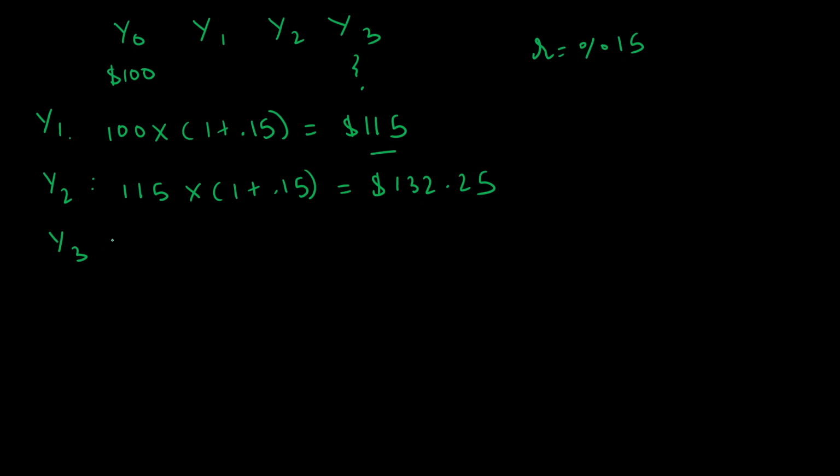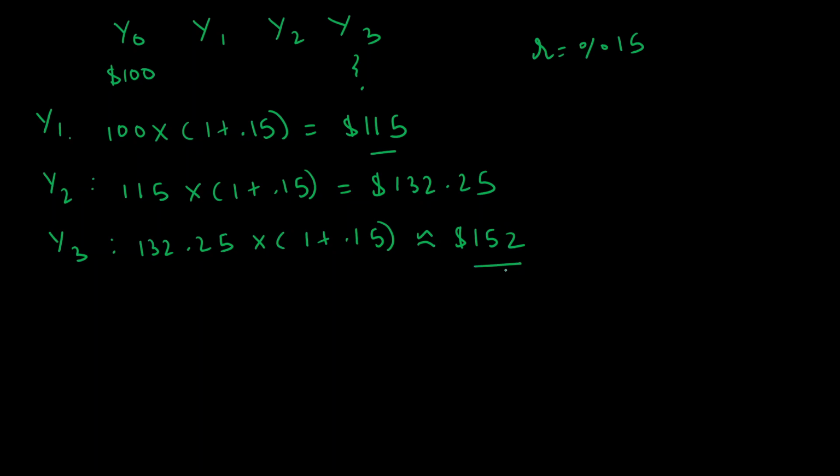Similarly, in year three, you'll take this 132.25 and you'll multiply this with 1 plus 0.15, which is somewhere close to $152. So that is the future value of $100 at 15% interest